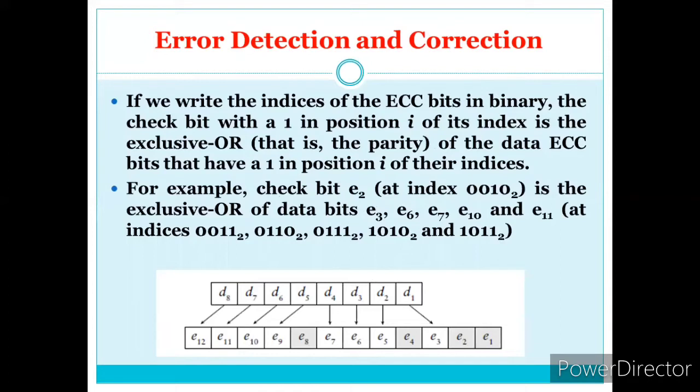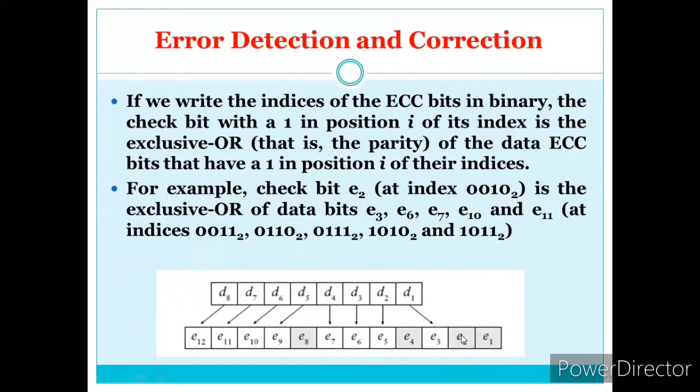And how to identify? We have to perform the exclusive OR of the remaining bit positions of the given algorithm. You will understand the given algorithm with a simple example. Here they give a simple example: if you want to find E2, there is a parity E2. Since the base is 2, we have to consider 2 bits and eliminate 2 bits. Before that number, whatever is there, we have to neglect. So before E2, E1 is there, we should not consider. Now, since it is E2, 2 bits we have to consider: E2, E3.